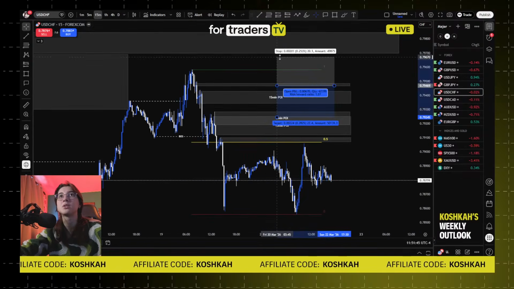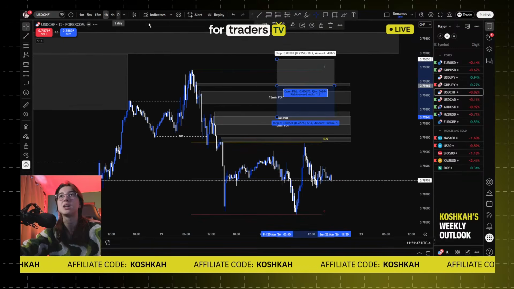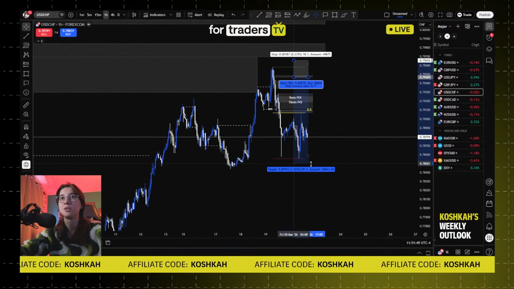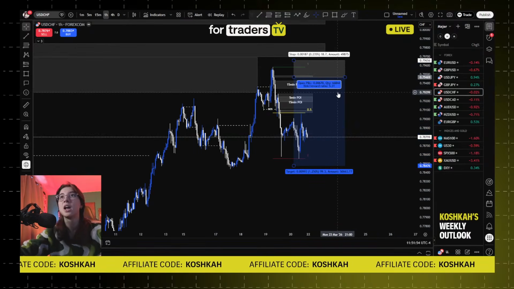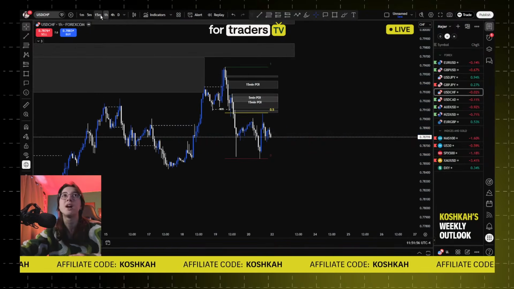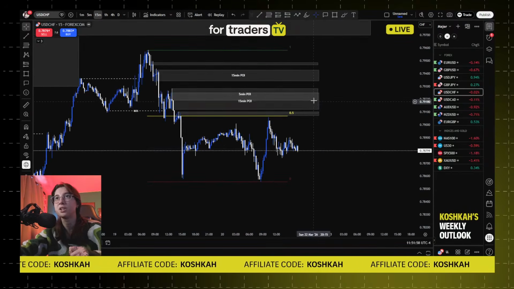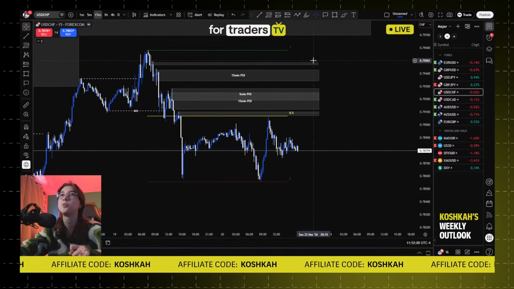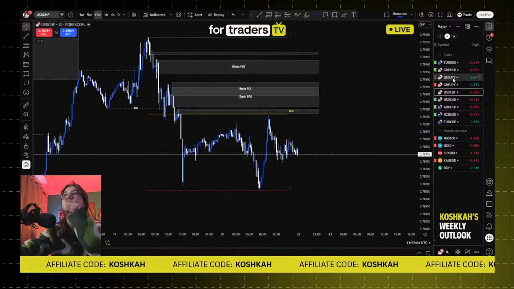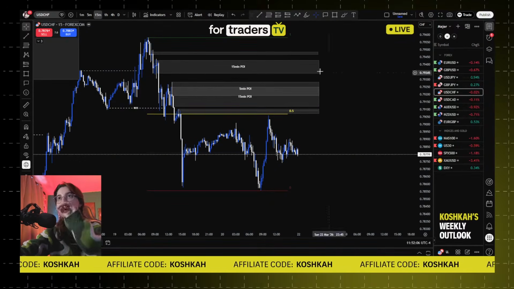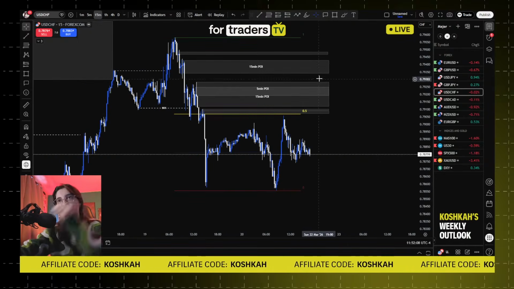So if you do this, stop loss above the high, take profit at the hourly low. As you can see, a 1 to 5 risk to reward ratio, super cool. And the same thing, this is good. So everything else right here, wait for a 1 minute break. And at the most extreme POI, you just enter. So exactly the same principle that happened on USD JPY. Remember, exactly the same thing.